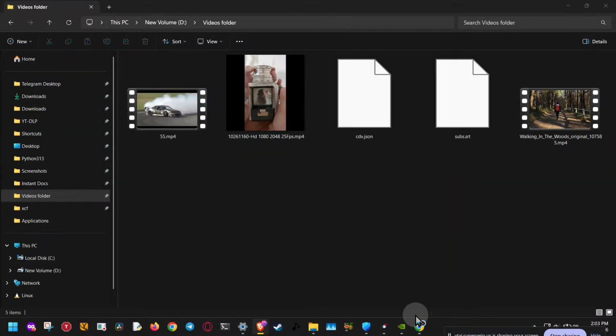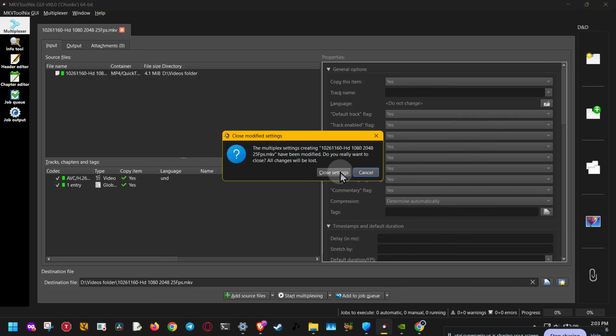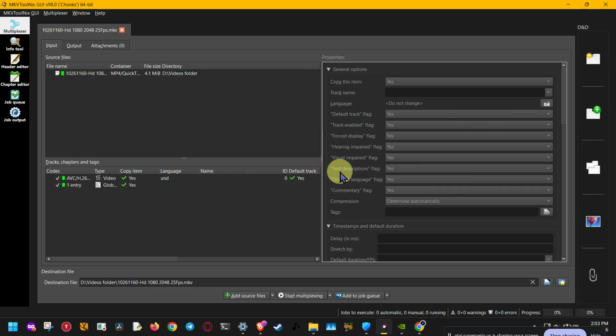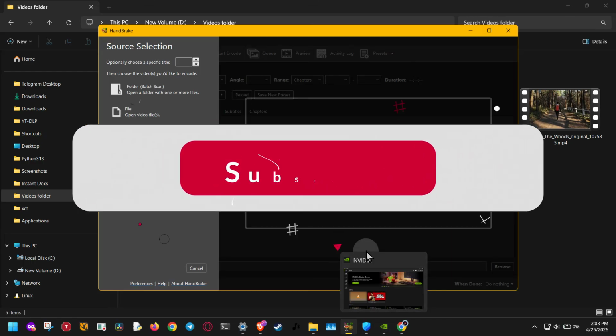If HandBrake is throwing an NVENC error, that usually means your Nvidia graphics card's dedicated video encoder has crashed, refused the job, or simply hit a limit. The good news is that this is often fixable, and in this video I'll show you the most effective steps to get it working again fast. We'll update your Nvidia drivers, turn off a setting that can silently break NVENC, and reduce the number of apps